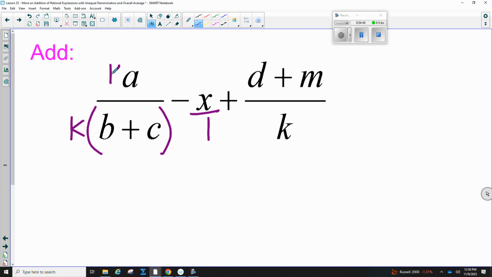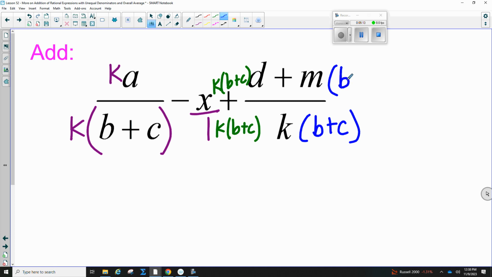And what's missing from the middle that the other ones have? Yeah, we need everything, right? We need a k, parentheses, b plus c, and we need a k, parentheses, b plus c. And what's missing from this last one that the other ones have? Yes, this one needs a b plus c over a b plus c. All right, so I have ka,